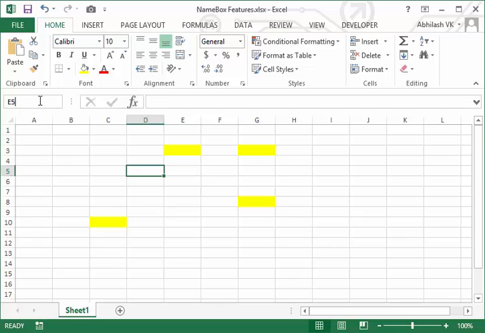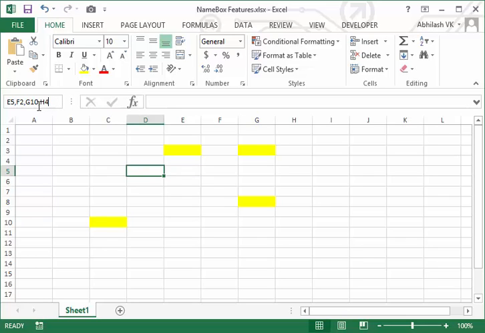Say E5, F2, G10, H3, H4. If you want to select these cells including the active cell, I'm not mentioning the active cell address, still it will consider it, because the active cell will always be considered along with the ranges that you mention in the name box.